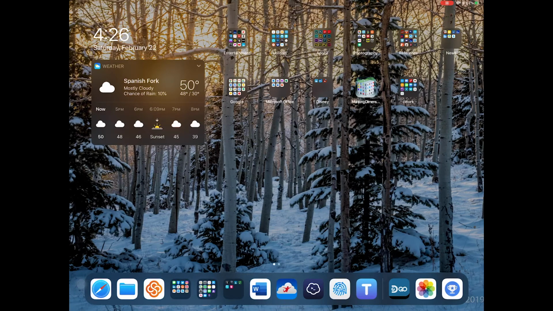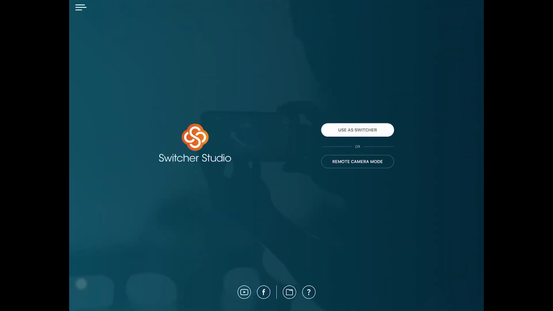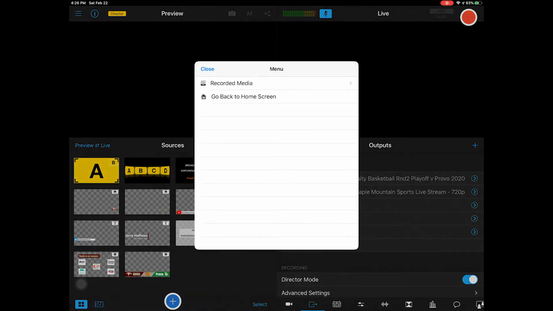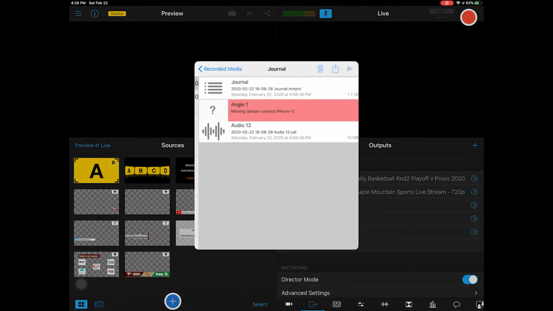So another thing that you may want to do is you will go into the Switcher Studio, and we're going to use it as a switcher. And with that, we will connect to the different devices that we're going to use. But in this case, we're going into the recorded media, and we'll see that I need to actually connect the